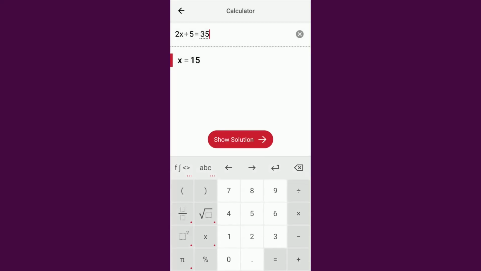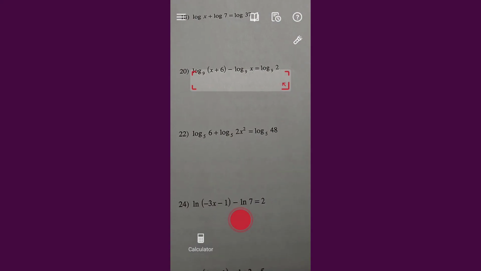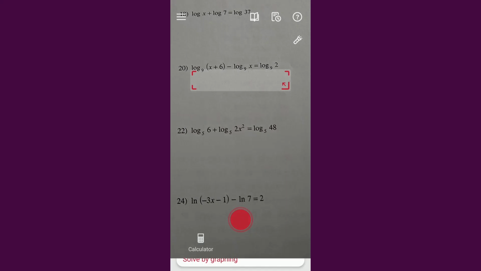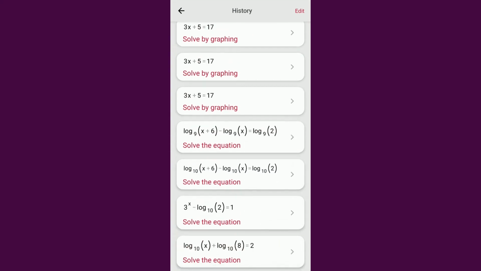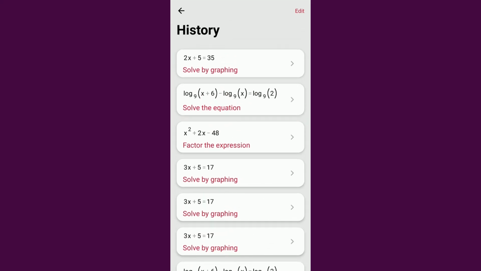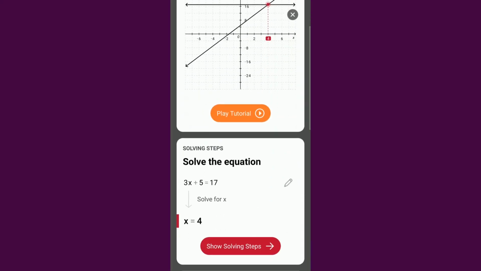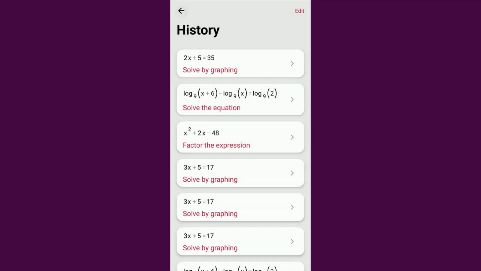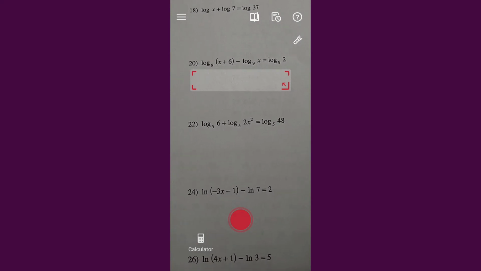Another handy feature of this program, if we go back to the main screen, in the top right corner there is the history button, and if you tap the history button, you can see all of the problems that you've solved in the past. So it's a great way to go back and look if there's a problem that you solved just recently and you can't remember what the solution was. You can just tap on it, and again you can have the solution replayed for you. So that's Photomath. It's a pretty straightforward program that's very powerful and has a lot of tools.